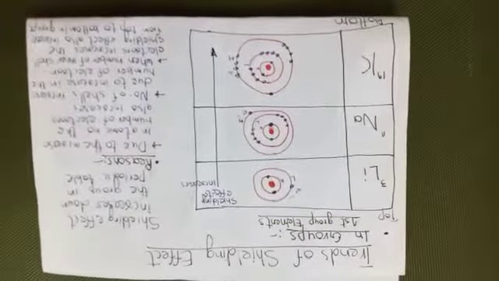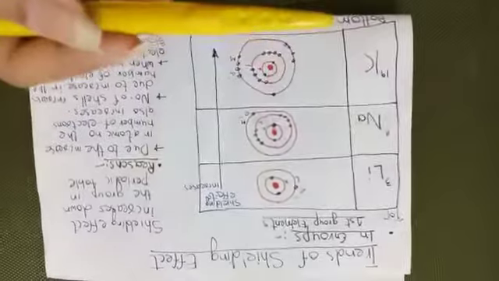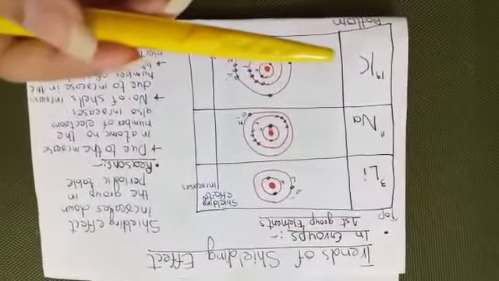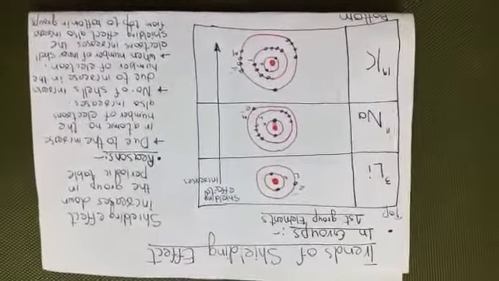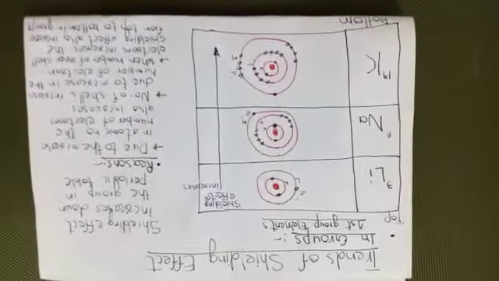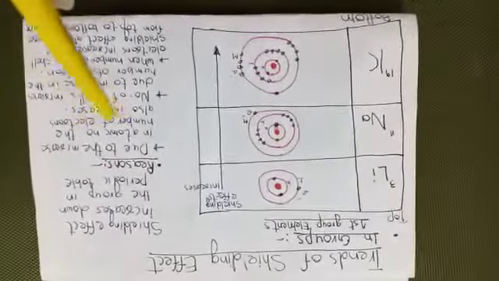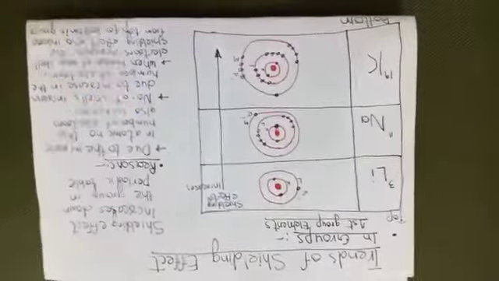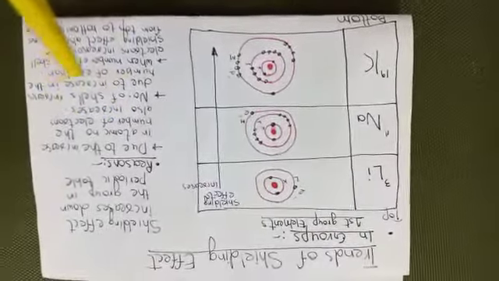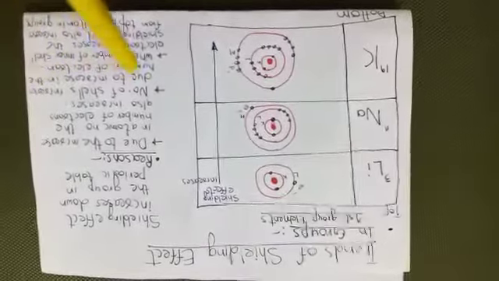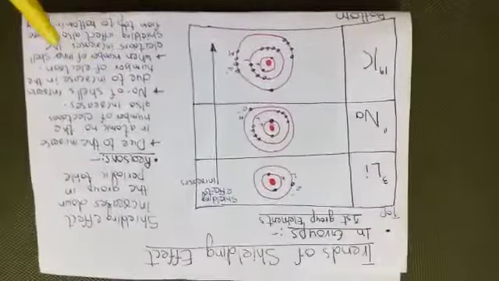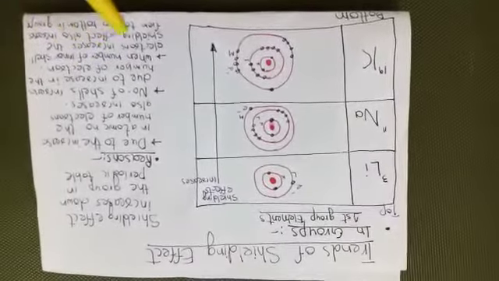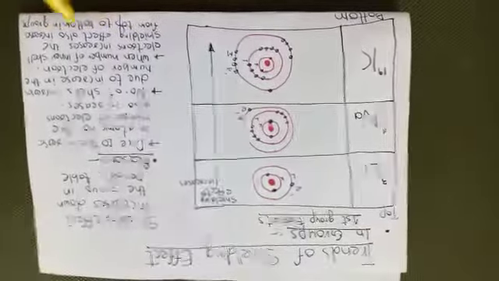So class, when we move from top to the bottom in the groups, the atomic number increases. Now class, due to the increase in the atomic number, the number of electrons also increases, and to compensate these electrons, the number of shells also increases. Due to the increase in the number of electrons, the number of shells increases to place these electrons within the shells. And when the number of the inner shell electrons increases, shielding effect also increases from top to the bottom in